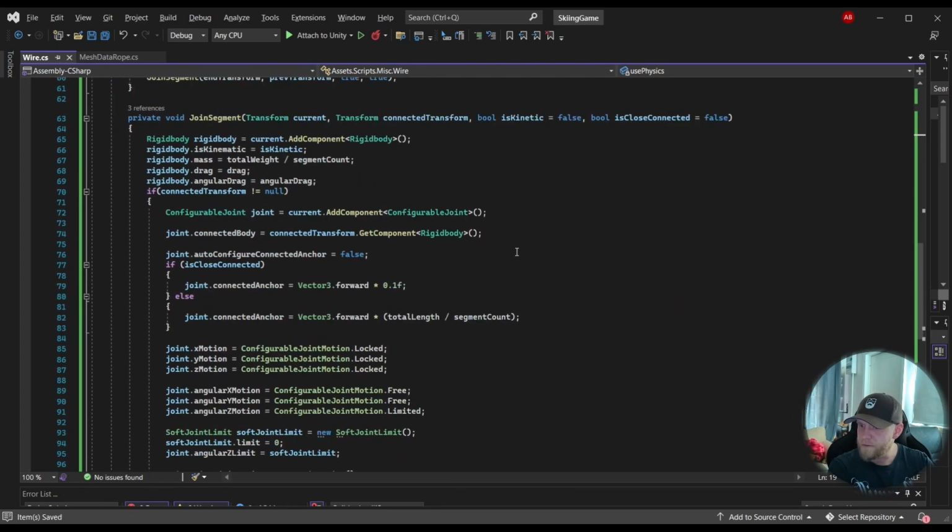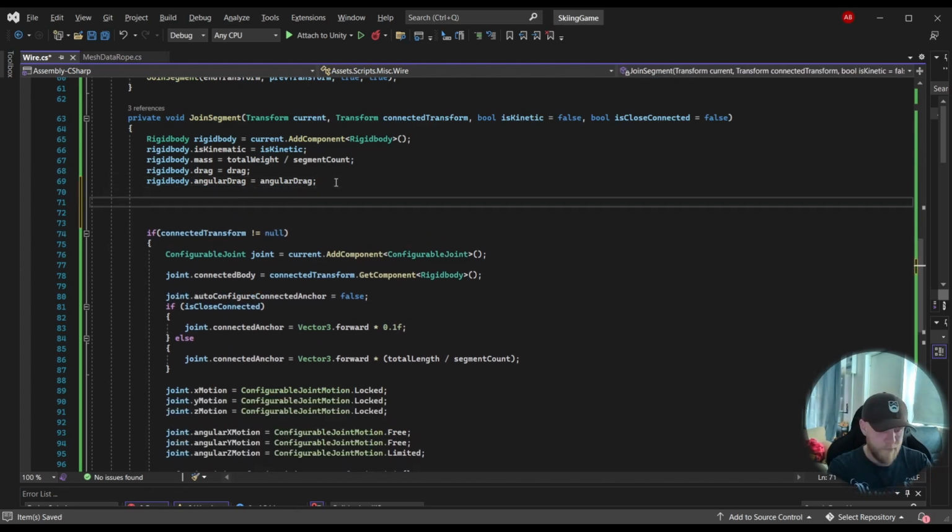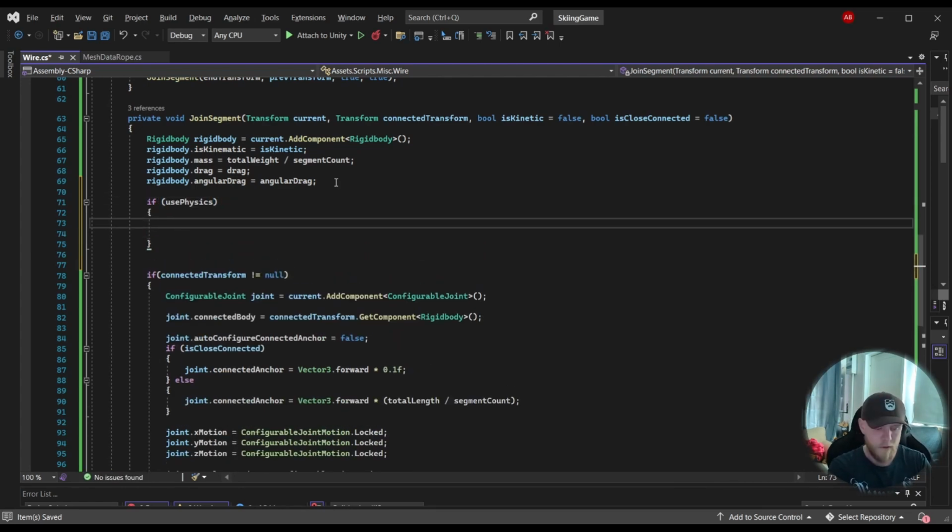If this is set to true, let's add a collider to this as well. If this is true, then we'll add